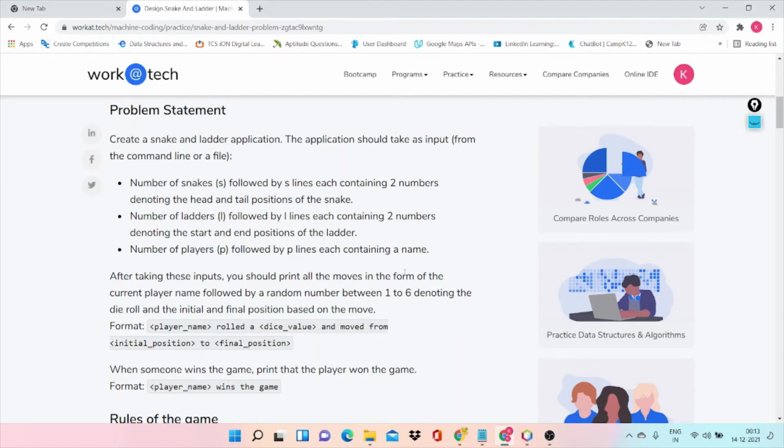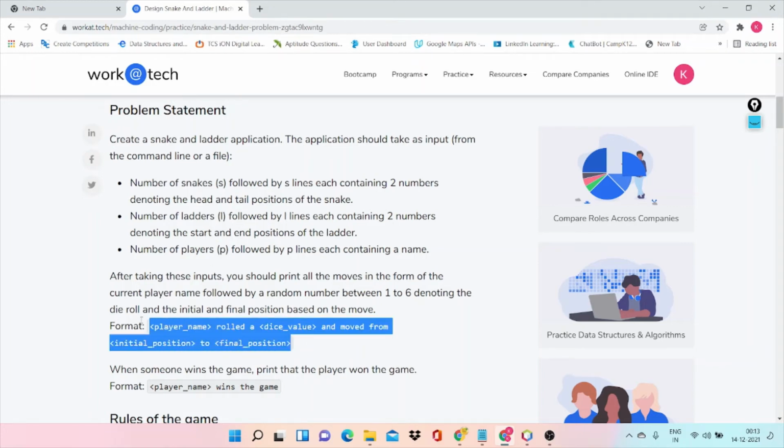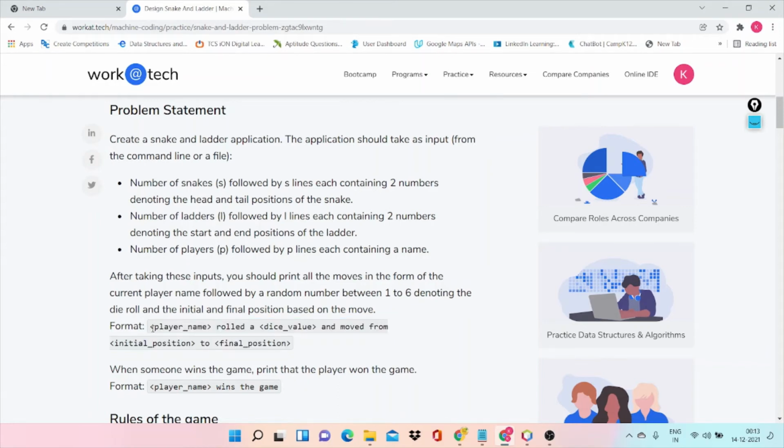And likewise we need to take the number of ladders with the start and end position of the ladders, and likewise we need to take the number of players with their names. And we need to print the output for every player's next position with the player name and the value of the dice they have thrown, and with the initial position to the final position or the next position.